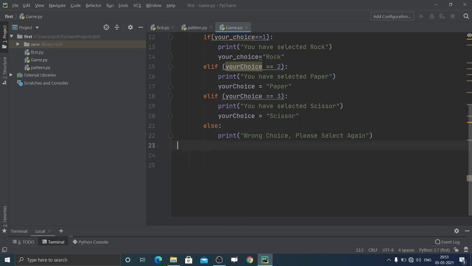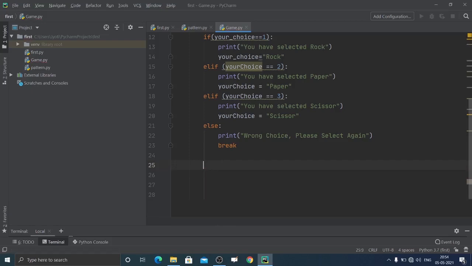Now what I need to do is code for the game. Now the gaming starts. We need to actually code that if rock is there and paper is there, then who is the winner? Obviously paper is the winner. If paper is there and scissors is there, then who is the winner? Scissors is the winner. So likewise we need to code for that. Okay, so let's start.